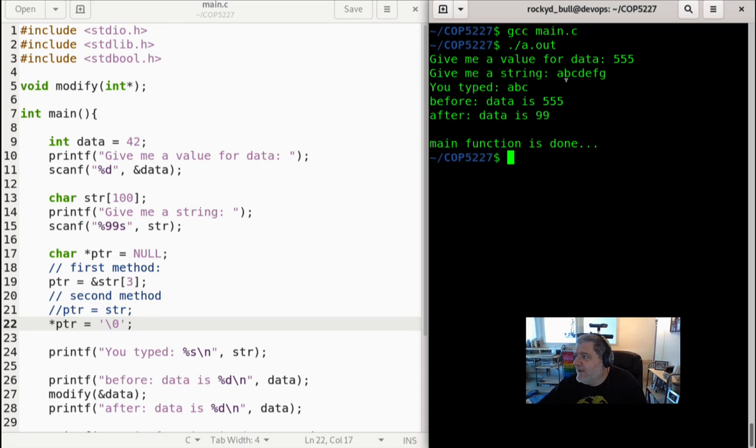So here's what happened. A, B, C, D, E, F, G backslash 0 was stored in my array str. Then I went and found the element at index 3 in str. A is index 0, B is index 1, C index 2, D is the element at index 3. This is the fourth one. And what I did is I put the address of that element, the character D, in my pointer, and then I dereferenced my pointer to change the content of that area of memory,